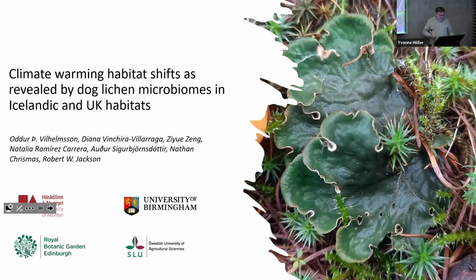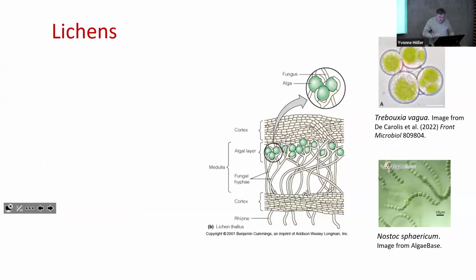Well, this title you can read for yourselves. It may be slightly grandiose considering the data I'm going to show you. But okay. So lichens are organisms that we've been studying quite a bit in my lab, or in our labs here in Akureyri, for a while now,